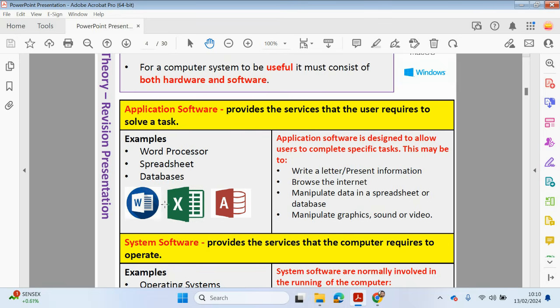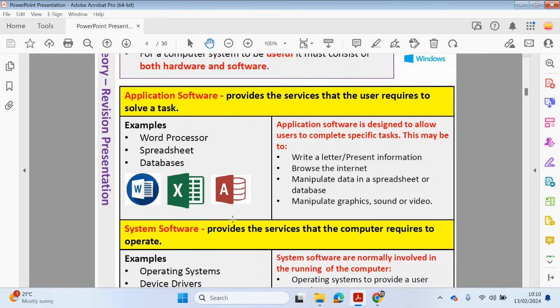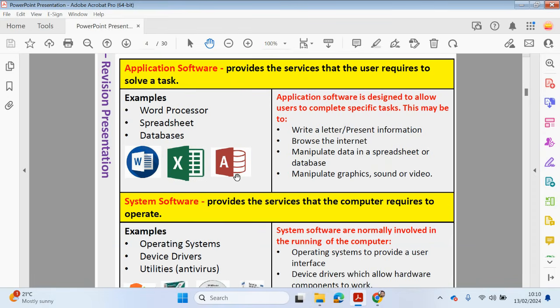Okay, so if you want to write a letter, you'd use a word processing application, and an example would be Microsoft Word. If you wanted to browse the internet, you use a browser. So an example would be Chrome. If you wanted to manipulate data in a spreadsheet or database, you use spreadsheet or database software, and then you can give examples if you like. So you can have lots of different types of application software,